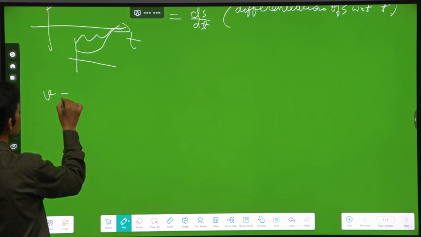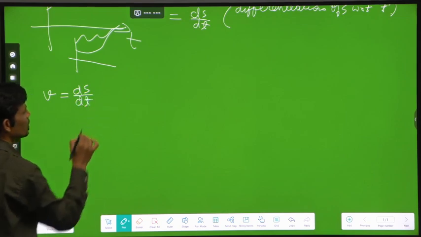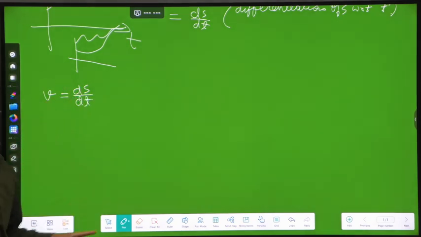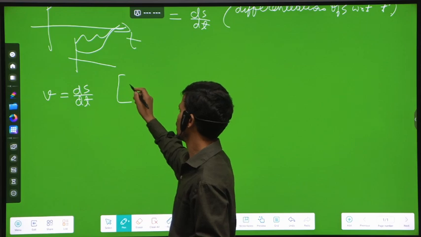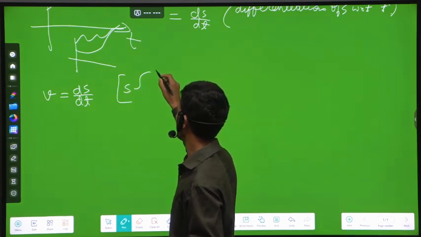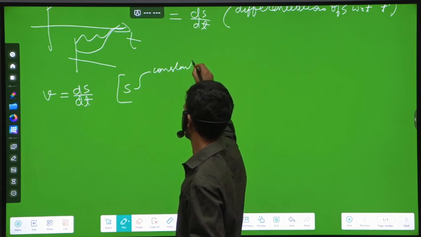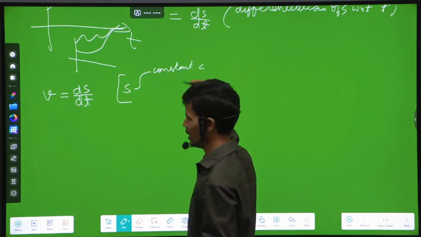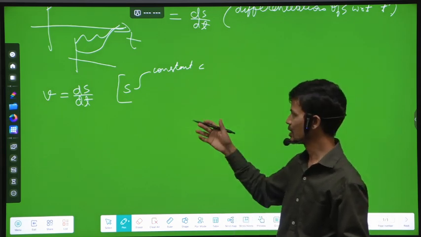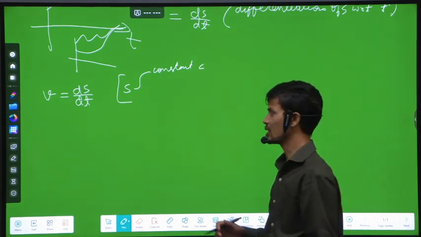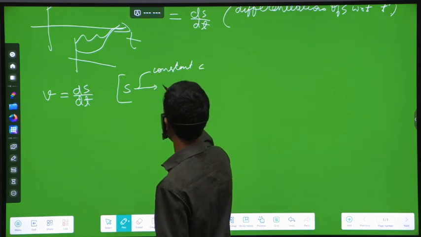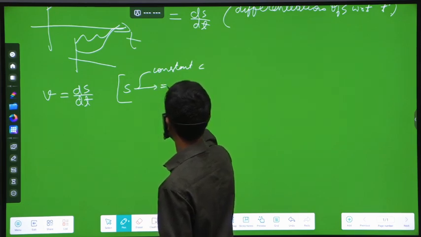Now first thing, if we want to find v instantaneous, now I am not putting instantaneous again and again, if we are using this differentiation, then what is this s? This s is not just a numeric value. This s will either be a constant c, let us suppose some number, meaning s is a fixed number. It is not changing with time. Think which situation is this. Or it is changing with time with this relation,